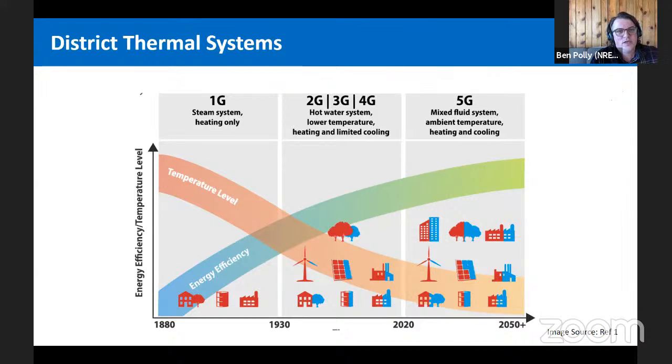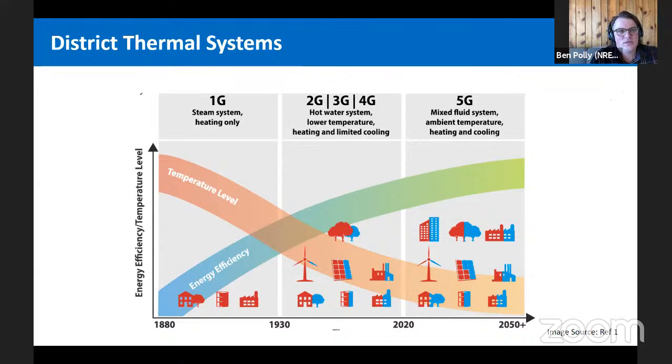And so this figure shows that there are several generations of district thermal systems that are either in existence or being built today, ranging from more traditional, less efficient systems with central generation to what we would consider the fourth and fifth generation type systems, which are moving to more of an ambient or near ground temperature loop system, able to utilize lower quality sources of heat energy or sinks of energy, utilizing heat pumps, so potentially electrifying heating and cooling.